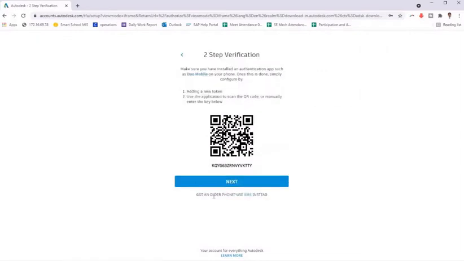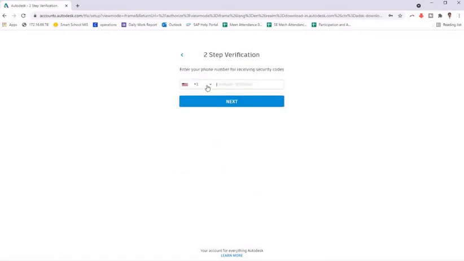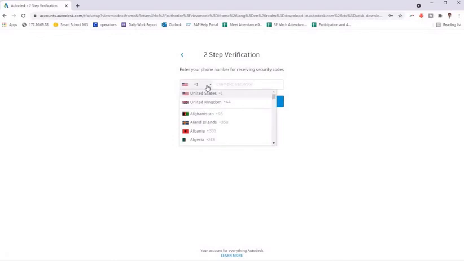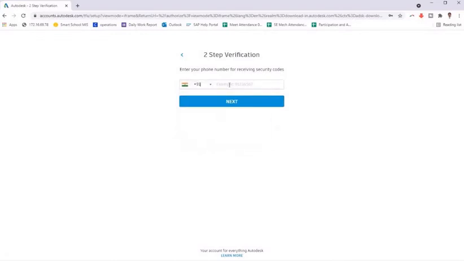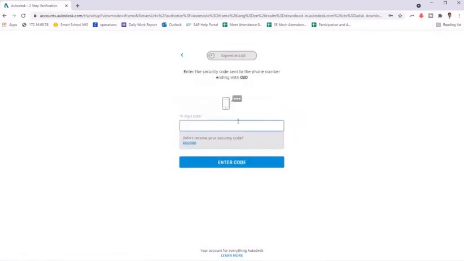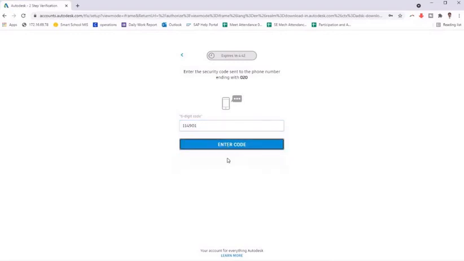Here you can click on SMS so that you will get a code on your mobile phone. Select your country code and enter your mobile number and continue. You will get a code through SMS, so enter that code and continue.